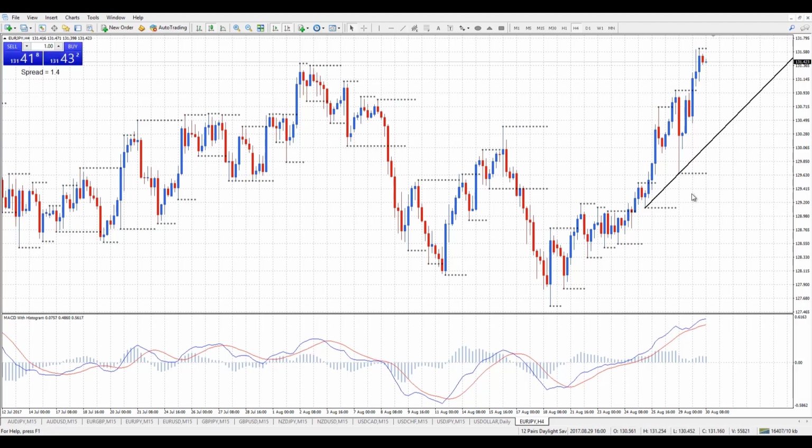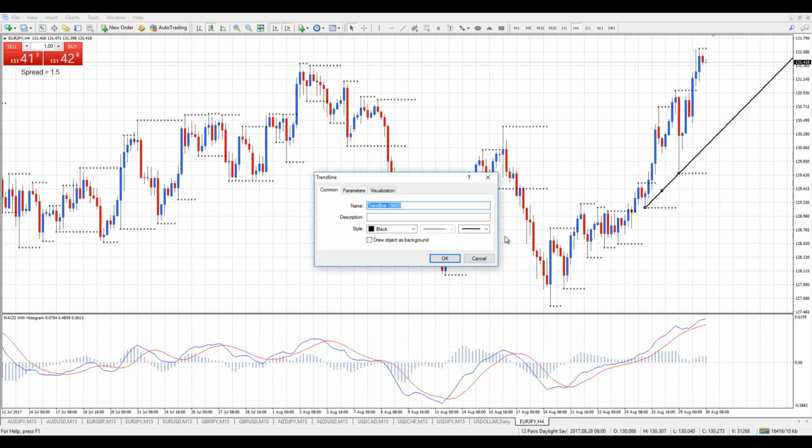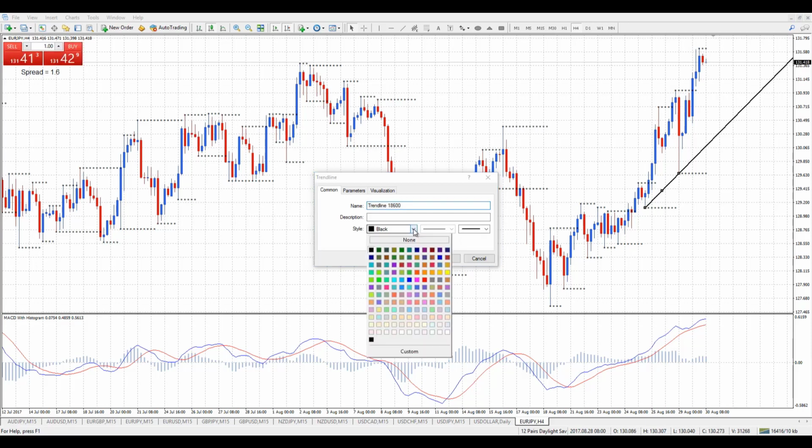Okay, again, yes, I've pre-configured the lines, but you can go in and change. So double click on the line, then right click on the line, left click on Trendline properties, and then again you can come in and change any of the options. So using the drop down menu, let's make this line red,